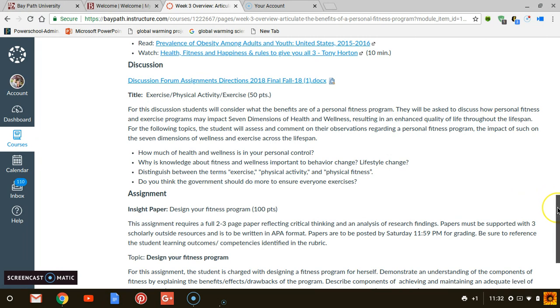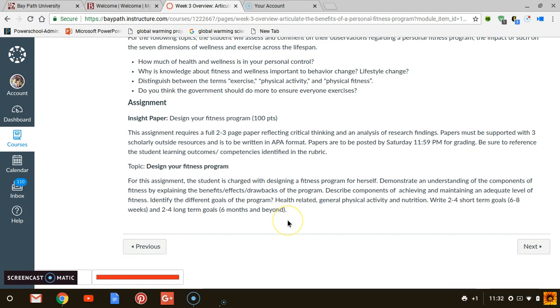So as we move down a little more, this week's paper is going to be about designing your own fitness program. So you will create a 2 to 3 page paper, in APA format, which will include a cover page, in-text citations, and a reference page. And your format to cover all these topics should look something like first paragraph would be an introduction, and then you would explain the benefits of your program, the drawbacks, and you would describe how you will achieve an adequate level of wellness, as well as an adequate level of fitness, as well as how you will maintain an adequate